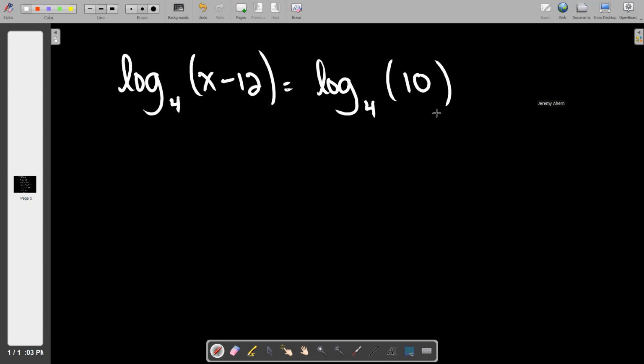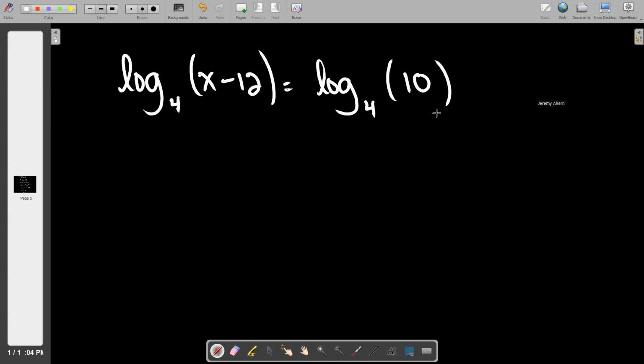Some people are pretty mathy and they look right at this and they already just know the answer. But this is a trick that I haven't shown you yet. You'll hear me say this a lot, and it sounds kind of silly, but we're going to drop the logs from both sides. So in an equation like this, if you think about it logically, remember that logarithms are really just exponents. And so the left side is saying some power of 4 equals x minus 12, and